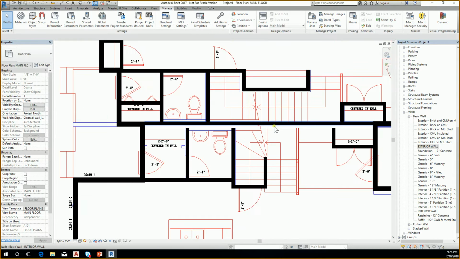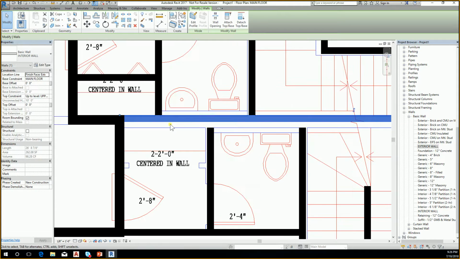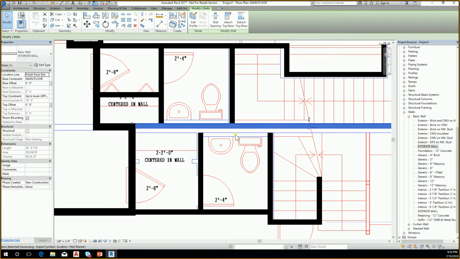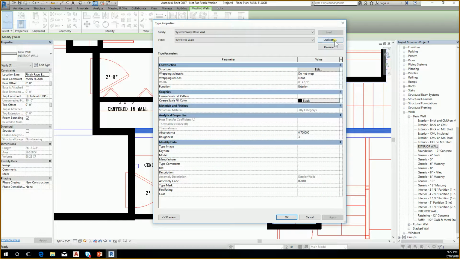So this one in the middle here, it's a thicker wall. So I actually need a new type of wall now. I'm gonna just select this one wall here and edit the type, and then duplicate to create a new type, and I'm gonna call it party wall,